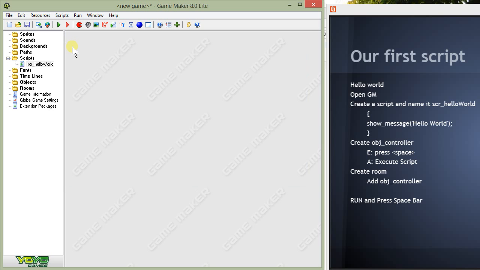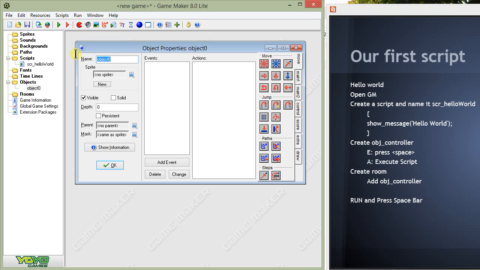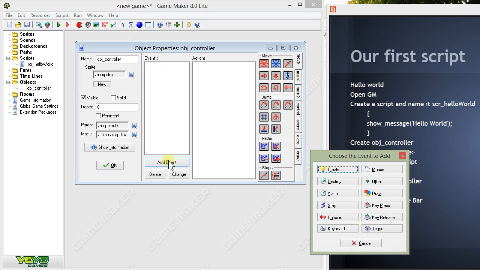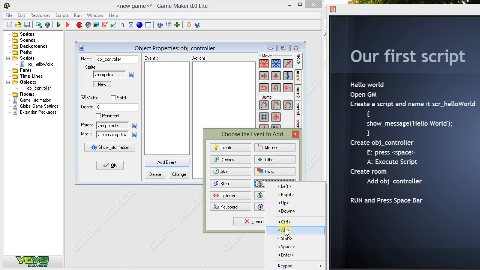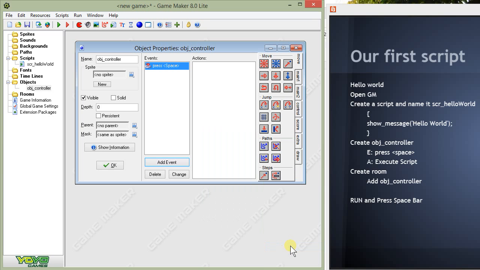So I'll save that. Then I'm going to create a new object, and this will look familiar now. I'm going to create a controller object, and I'm still going to use my drag and drop system to add an event. My event is going to be a key press event, and we'll do a key press space event. But for our action, instead of just dragging one of the pre-built actions in, we're going to use